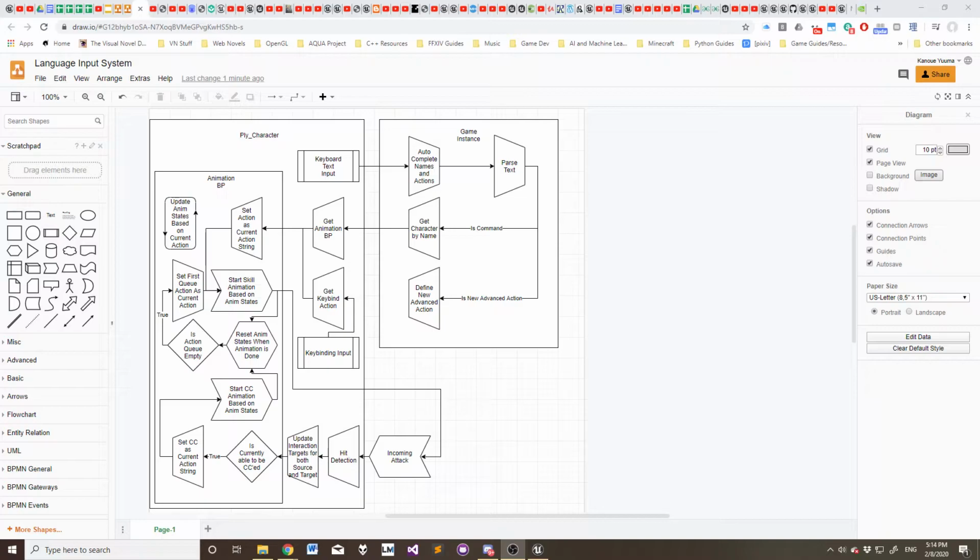So pretty much the idea behind the AI system that you would need for the MMO is that you need the ability for functions to be able to be converted into words and words to be able to convert to functions. You need that two-way linkability. And the way I thought of implementing it was